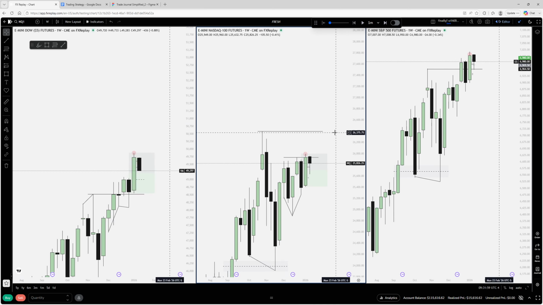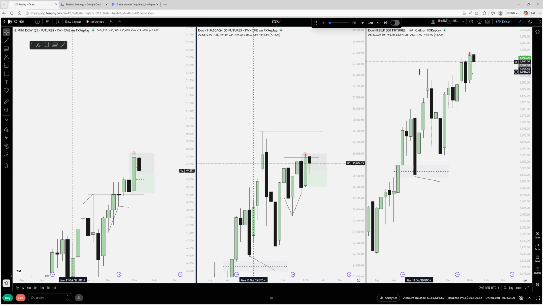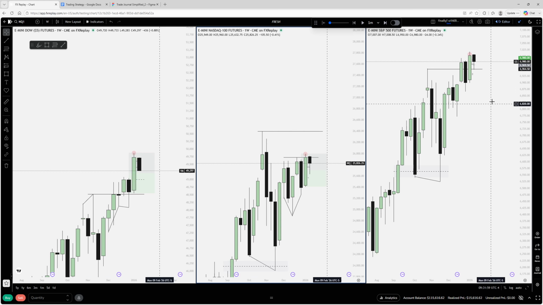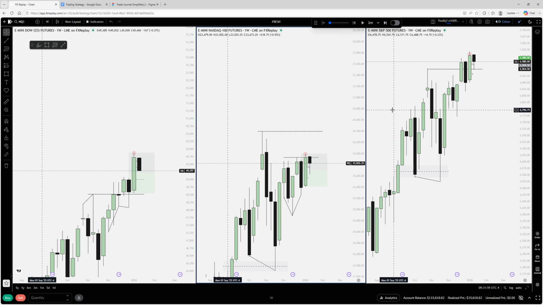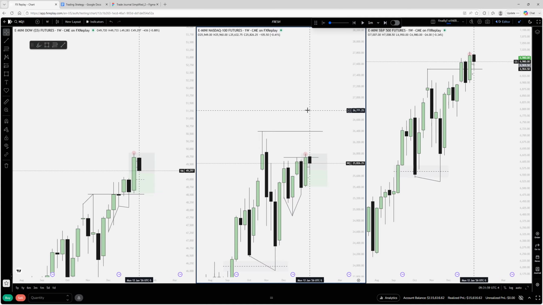Actually, I also want to be careful not to mark this up too much because I still have to log the trade I took over here. I'm making a catalog of successful trades, so I have them to look back on, so I can be like, okay, this is what an A plus trade looks like. So when I come across situations that don't look like A plus trades, then I know, okay, maybe I shouldn't be involved in this, or I need to be a little bit more cautious, or maybe I need to de-risk. But anyways, with that being said, if we're going to continue higher, we should not invalidate the 50% of